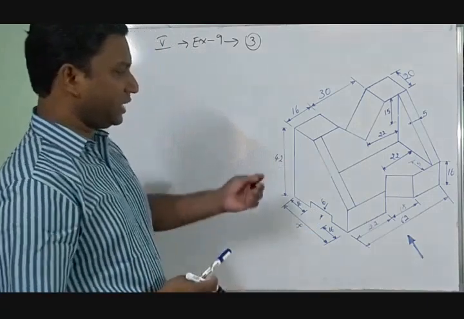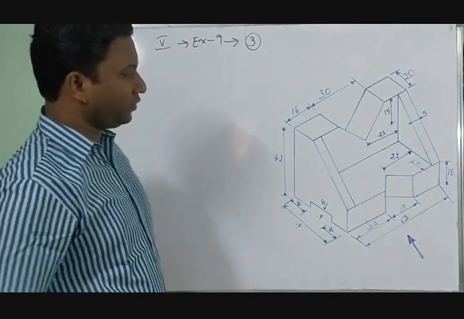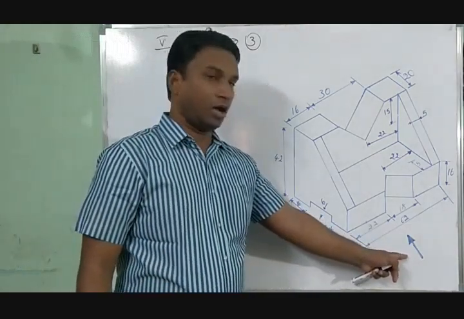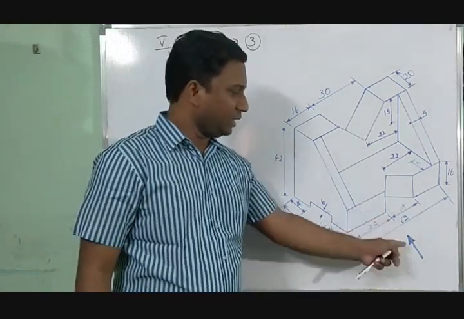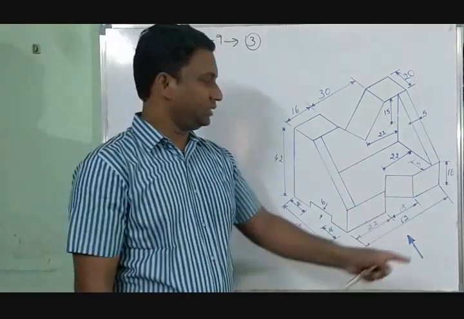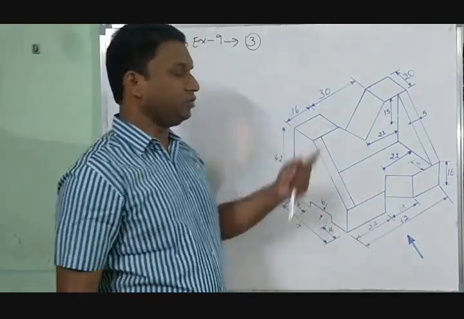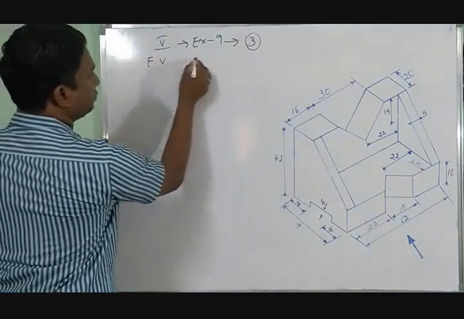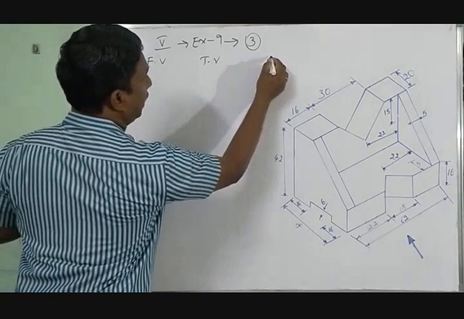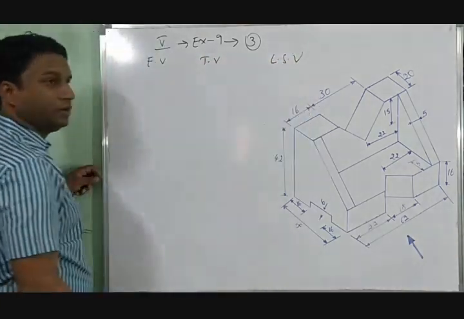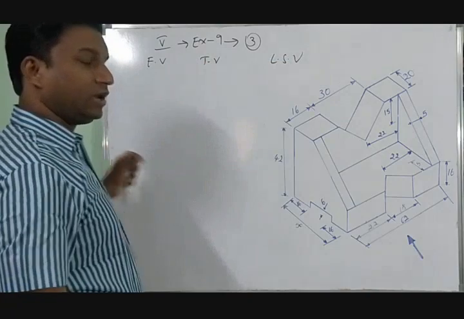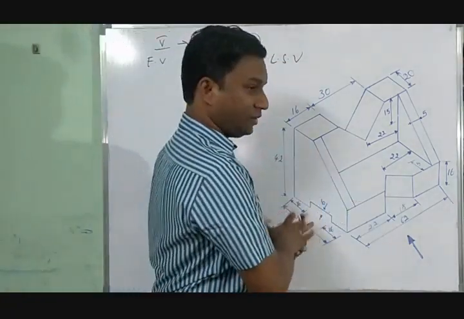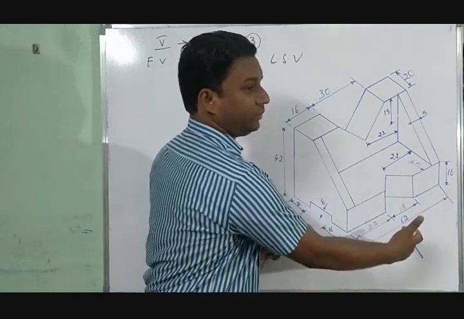You can see this is a 3-dimensional object which you are supposed to solve into orthographic views. As usual, first you have to look for the arrow mark, where you have to analyze the side as front view side. This is the front view, left side view, top side view. Here also the same. Draw front view, top view, and left side view. Same questions. There are a few objects where they may ask right side view. If the view starts from this side as front view, then it becomes right side view.